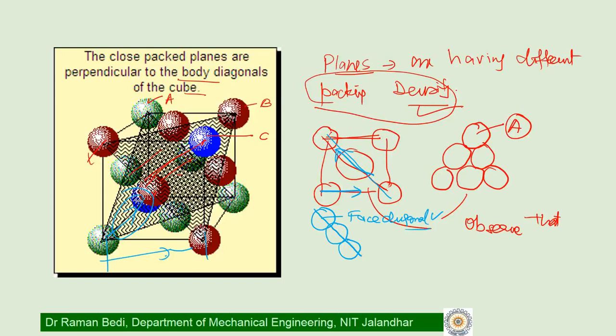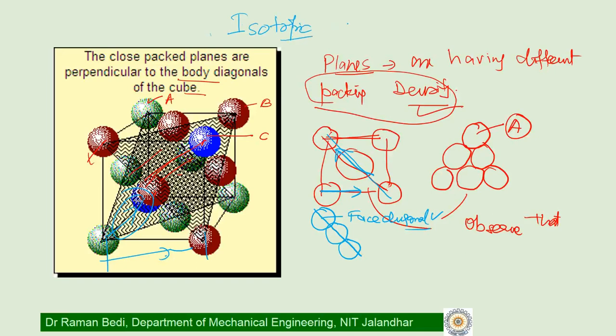Overall, metals may behave like isotropic material, and we will see why that happens. What we are referring to here is that at the unit cell level or at the crystal level, the materials that we are referring to, which are crystalline in nature, are actually anisotropic in behavior. They have different properties in different directions. But overall, when you talk about engineering materials like steel or aluminium or copper, these materials are not anisotropic materials. These materials are actually referred to as isotropic materials. So there is a contradiction here.